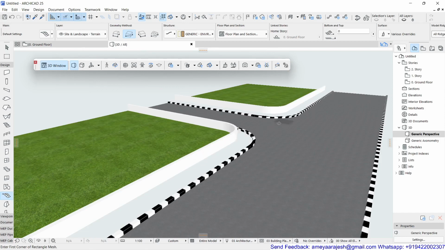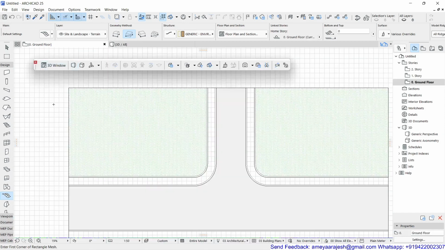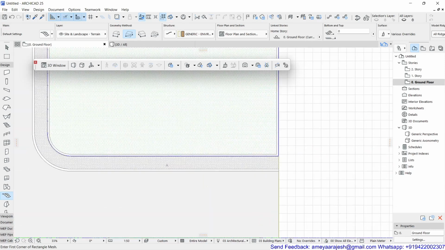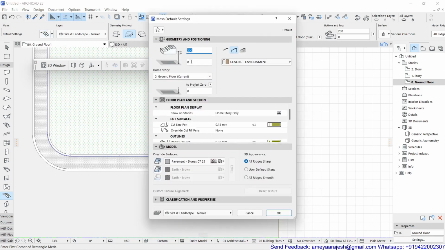Now we have to add the footpath. For the footpath, the same way you completed this inner land area, I will do this. I'll use the pick parameters, because then I'll show you which parameters I've picked.